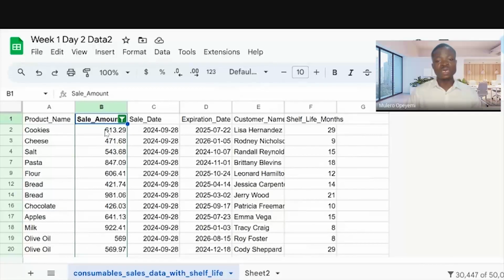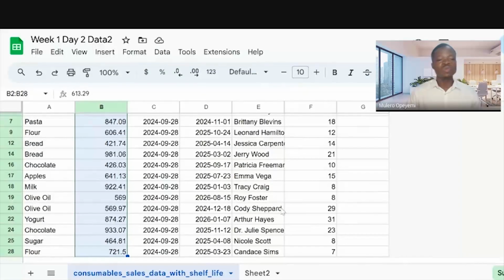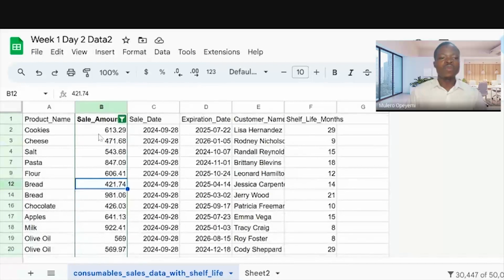So you agree with me that if you want to get the sum of sales that is above 400, it will be tedious for me to start highlighting after filtering all of those things to get the sum. It's going to be a long wait for me to get the result I want. That's why we need to know how to work smartly and not the hard way. How to get things done within the shortest possible time is the main goal in this case. But before we dive into the concept of querying, with sum and all of those things, IF statement, SUMIF, and all of those things, let me navigate